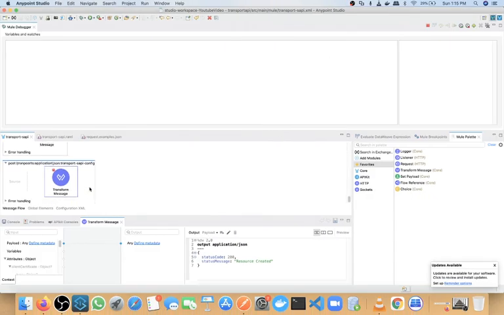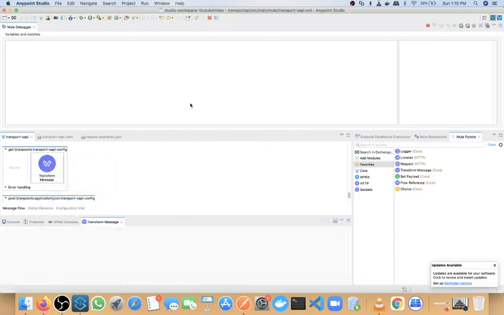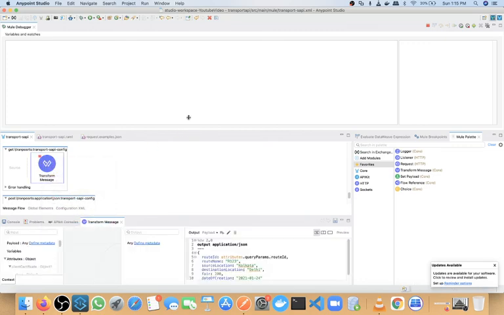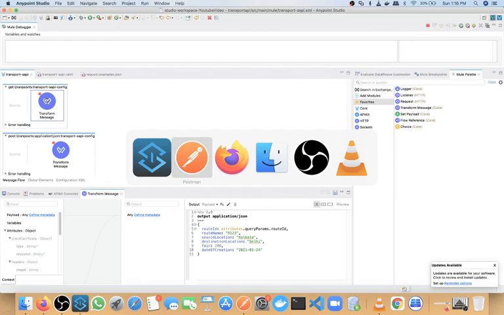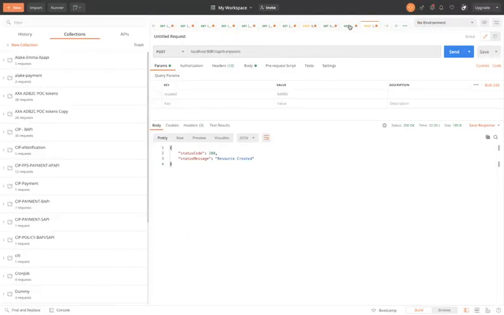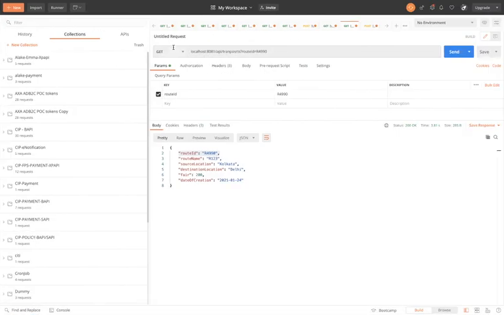Now I will call GET and POST methods again one by one, so we will be able to see the difference, like how we are changing. First I will call GET again. When I am calling this GET method, the method name is GET and the resource name is transports.